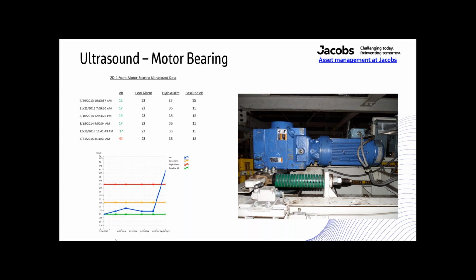So the motor inboard bearing ultrasound decibel reading jumped up dramatically between the quarterly routes. The baseline was at 15 decibels, and the low lubrication alarm is set at 23 decibels, which is 8 decibels over the baseline. And the high alarm was set at 35 decibels, which is 20 decibels over the baseline. The last measurement was 44 decibels, which is 9 decibels over the high alarm setting prior to replacement of the